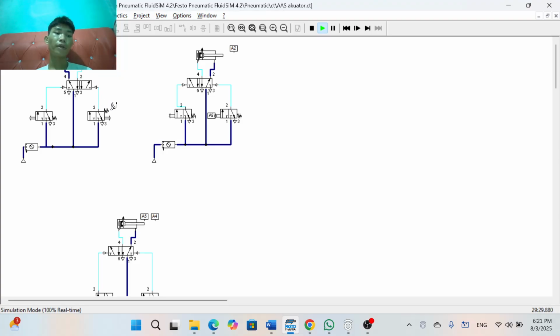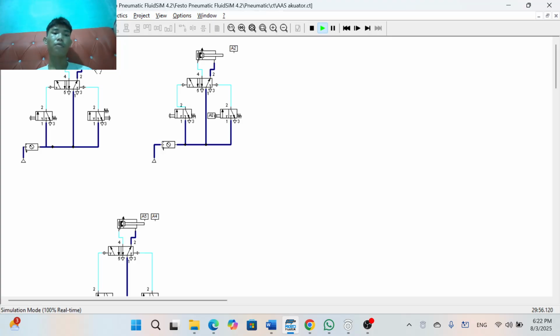And then when I press the push button 3 per 2 on the right, the air will be forwarded from the push button to the valve 5 per 2